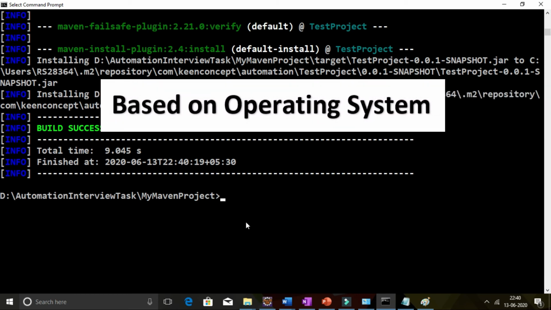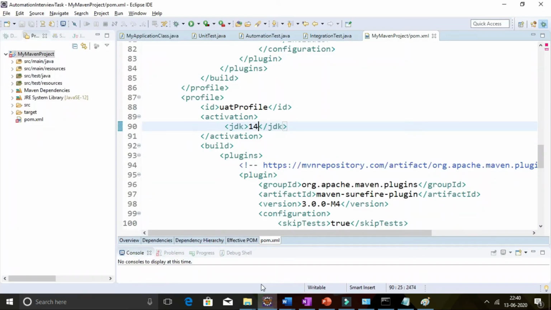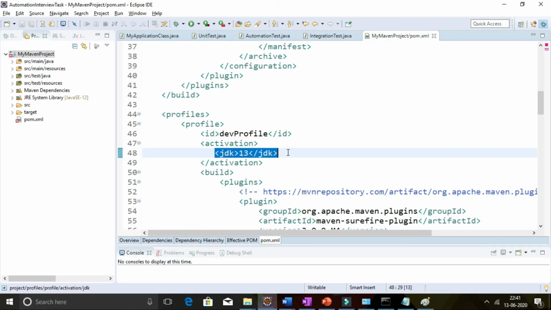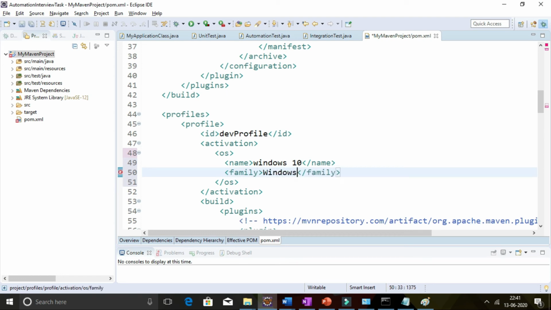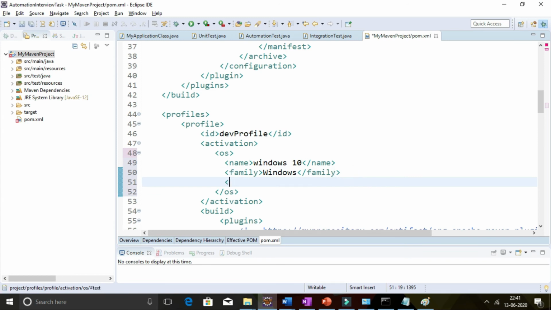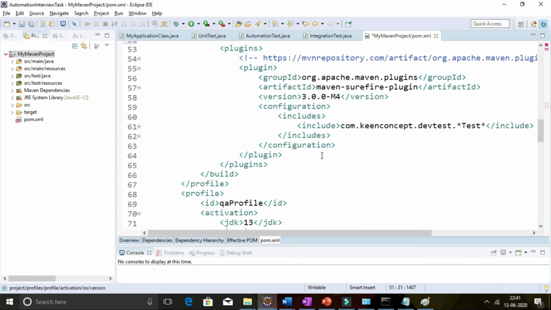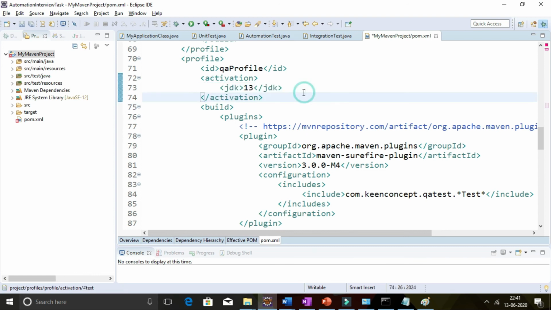the profiles. So let's again go to the pom.xml in Eclipse. We will change this JDK tag to OS tag. So under this OS tag, we can specify the name of OS, which is Windows 10. We can specify family of OS, which is Windows, then version of OS, which is 10. Now, in other profiles, we are not putting this OS tag